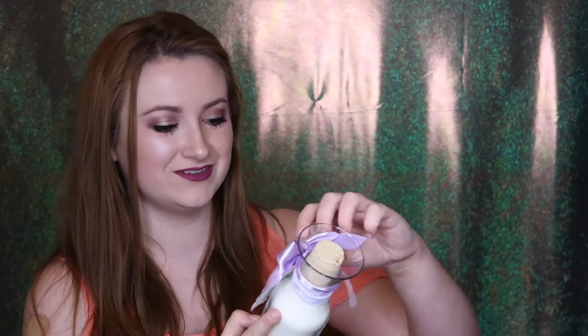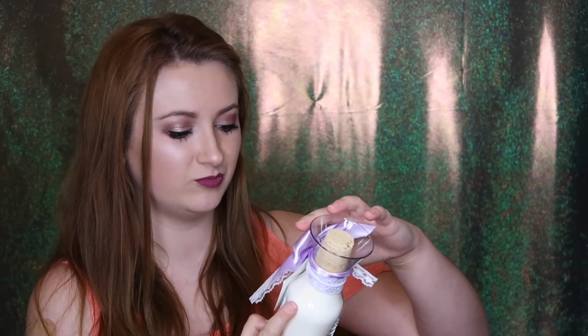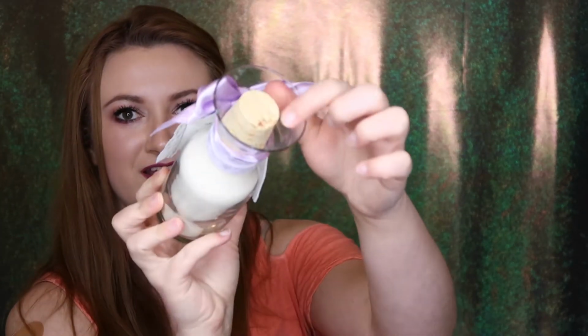What? So this says plain milk bath, pour desired amount into tub while running water. This product is not edible, has milk powder and fragrance oil. It's so fancy. Oh my god. And it has a little cork in it. How do you open it? Oh,